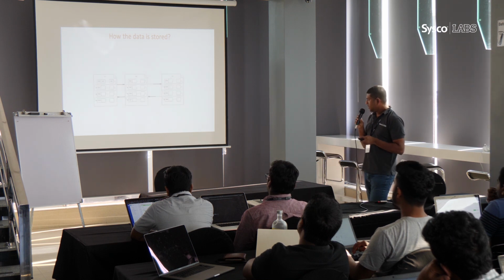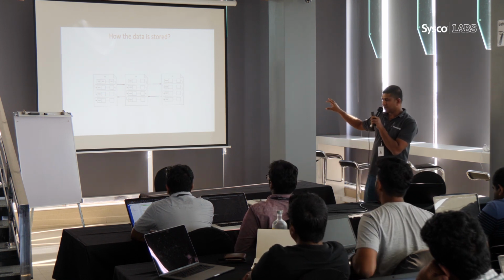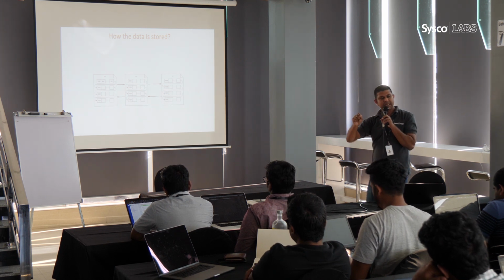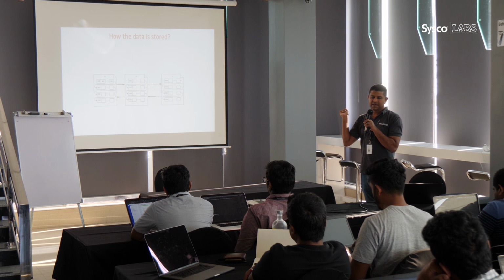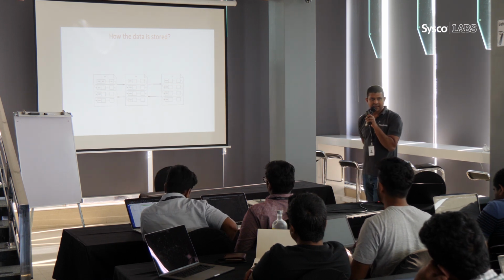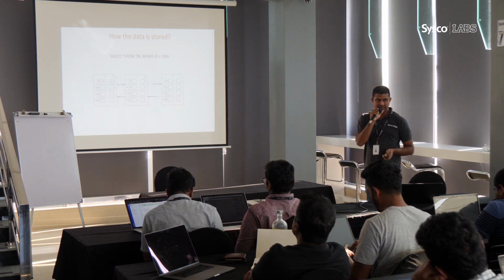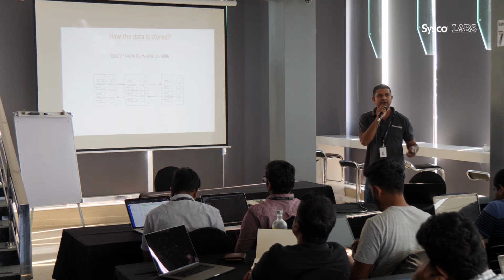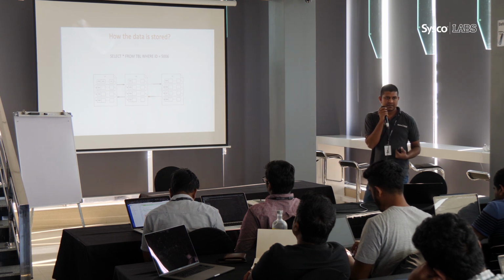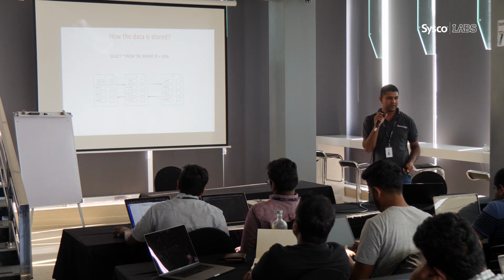So now this is how those page files are stored. Normally you will have a set of rows in a page file, then the next page file, and each page file has a link to the previous page and the next page. So if you start from some point, you can traverse through the page files and read there. So let's see what will happen if we run a query like this on a table where we don't have an index, right? Where can we start? Obviously, it has to start from the first page. There's no other way that we can know where to start.